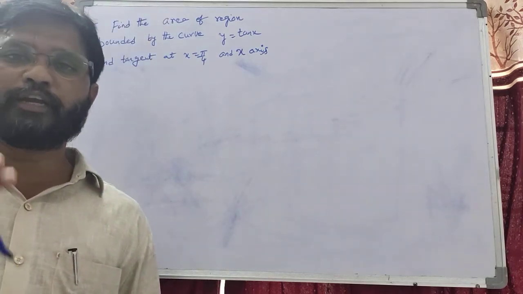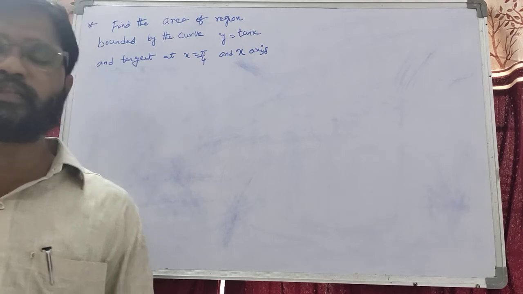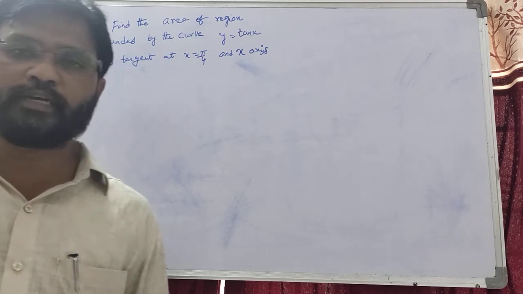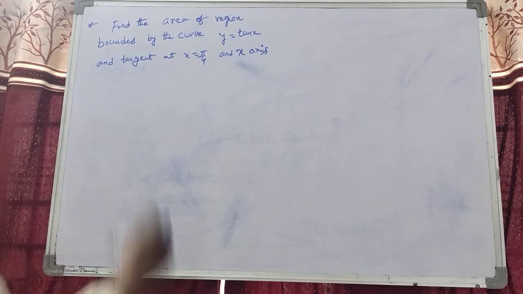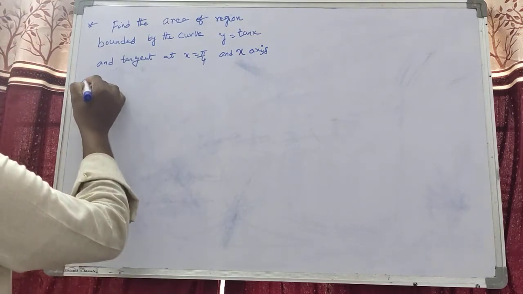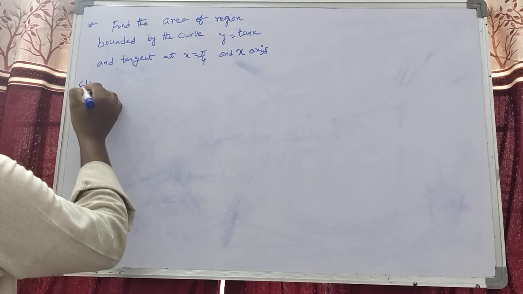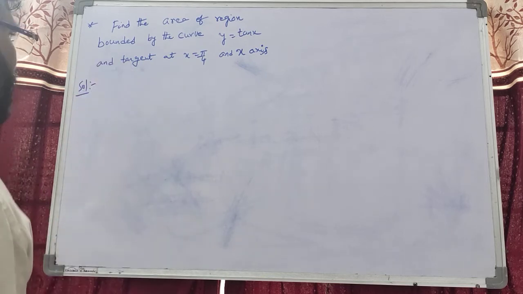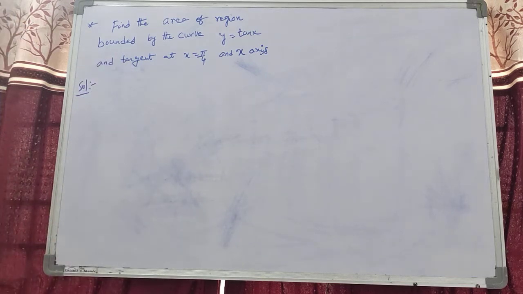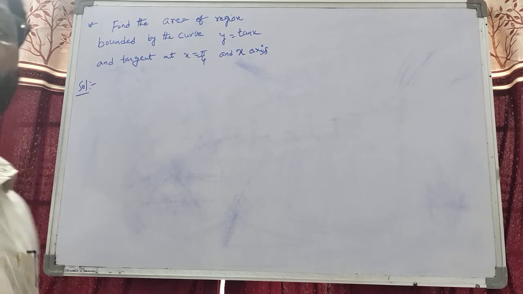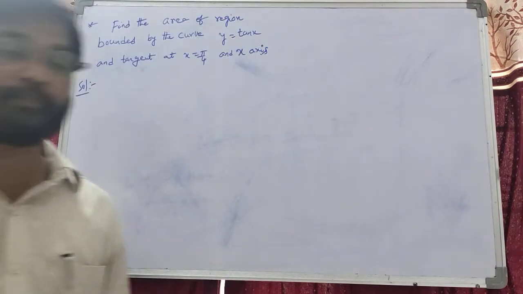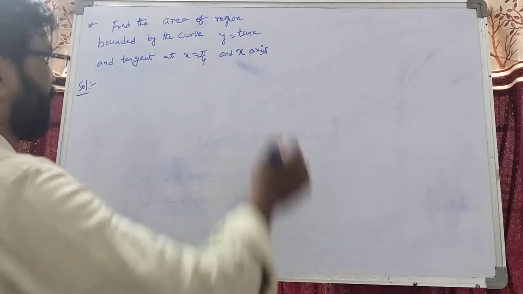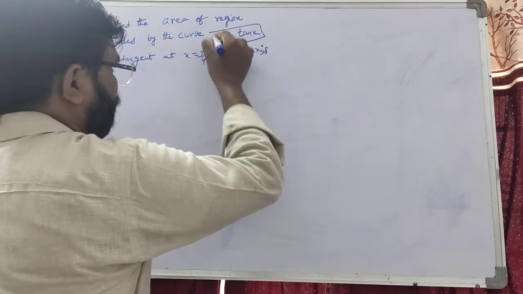Okay students, I am requesting you all, please practice and draw the graphs and how to find the areas. Today I completed 2 sums, which are very difficult models. Okay students, now the third one. So here the excellent concept is here. The area of the region bounded by the curve y equal to tan x. We have to know the graphs of sin x, cos x, tan x, cosecant, secant and cot. There is a graph here, the curve tan x.